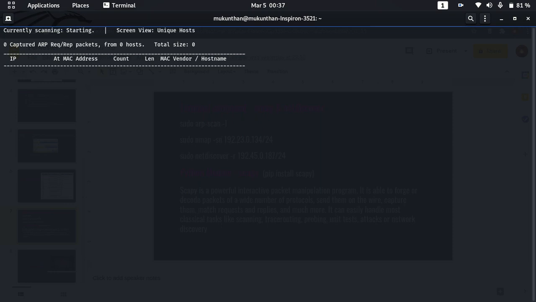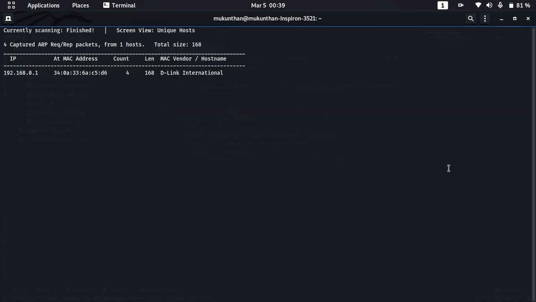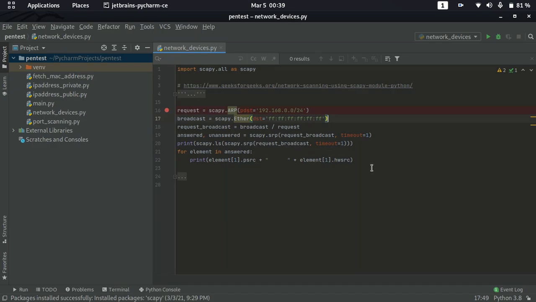It will scan for some time, and after that you will have a tabular output, which will have the IP, MAC address, count of messages, length of the messages, and MAC vendor. Here you can see the result. One IP address has replied, 192.168.0.1, with its MAC address, and it is actually the router, from D-Link vendor, so that's the reason you can see the vendor name, the MAC address and the IP address as well. So this way we have seen three different commands to see the MAC addresses of the different devices connected to your network.